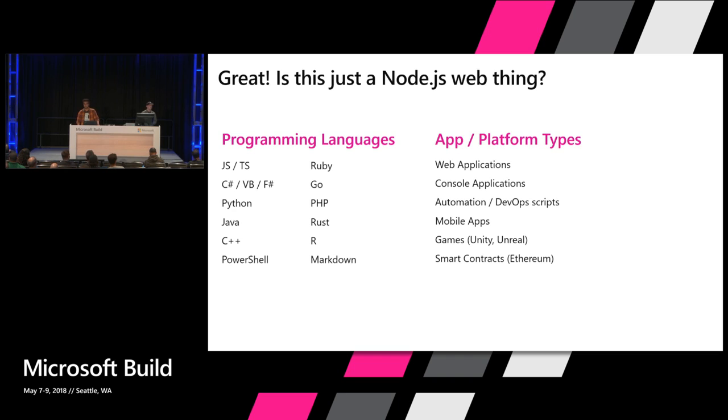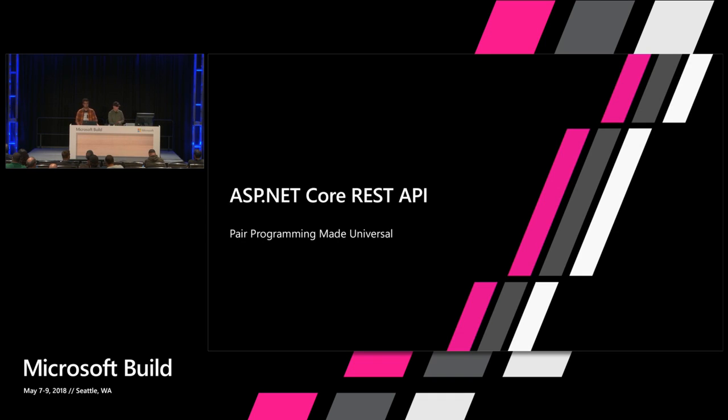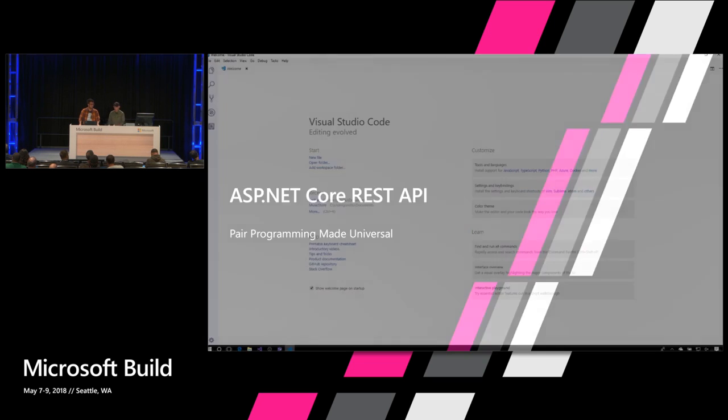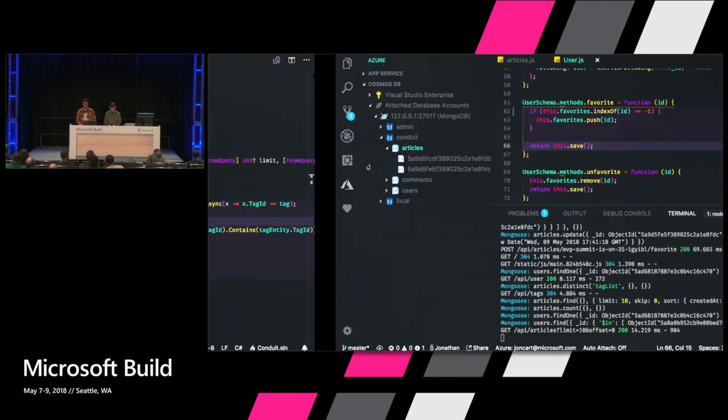And by that, we mean that all the features that we just demonstrated, from editing to language services to debugging, work in the languages that you're using right now. Whether that's TypeScript, C#, F#, Ruby, PHP, etc. But also different app types. We're not all doing web apps. We're not all building front ends. Some of us are building console applications, automation scripts, etc. And LiveShare has been built to accommodate all of that, with the caveat that it's still in public preview. All right. So to demonstrate that reality, let's show another quick demo that is an ASP.NET Core REST